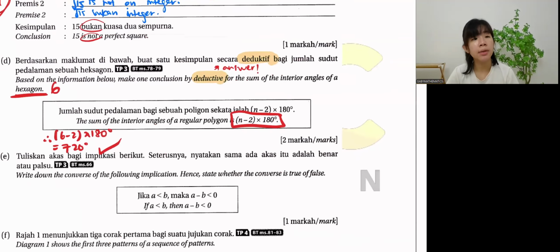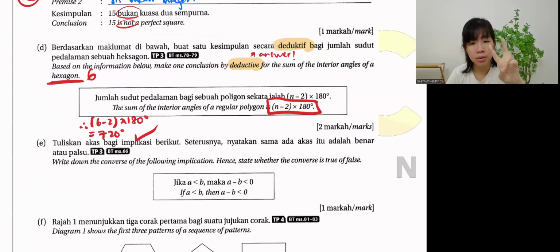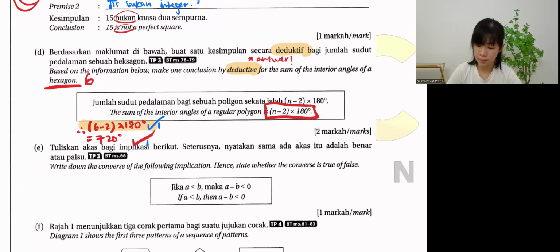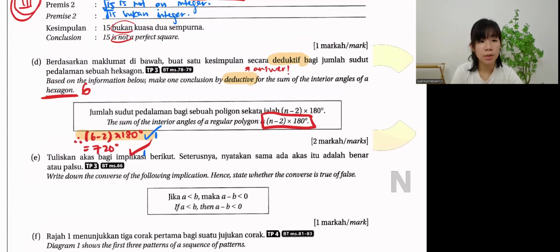Now you see 2 marks. For this particular exam question, 2 marks means if you write the first line, you get 1 mark. So don't skip this line, otherwise you don't get full marks. There is no need to copy the question, because deductive means they focus on the answer actually. It's not about writing sentences. It's about finding the value.